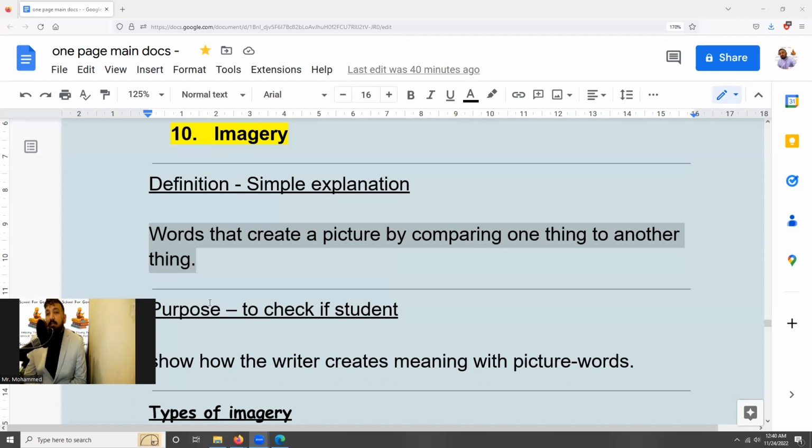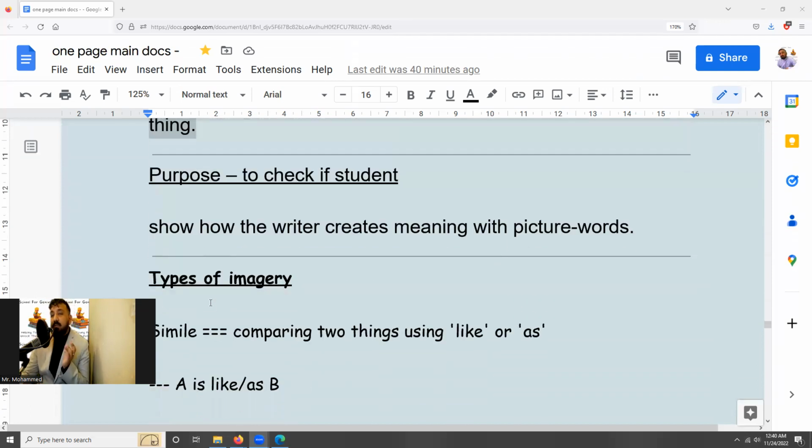That is the key to keep in mind when you are thinking about imagery. It's all about something being compared to something else. That is imagery. Okay. Now, in terms of the purpose of the question, what it checks is